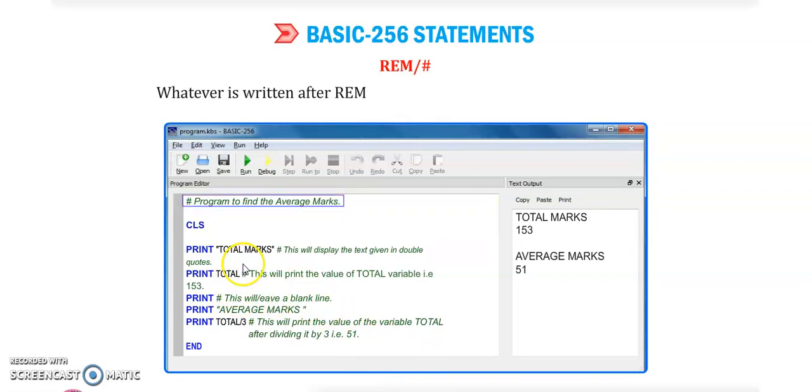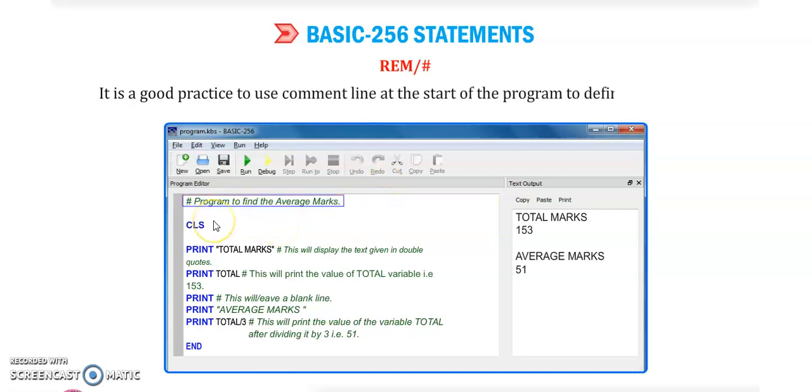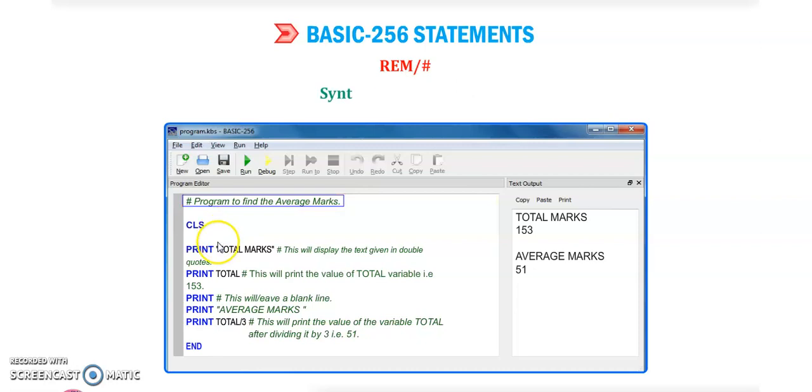Whatever is written after REM or the hash symbol is ignored by the interpreter. It will not give any output. So the symbol can be used anywhere in a program. It is a good practice to use a comment line at the start of the program to define its purpose. So the syntax is REM, then after